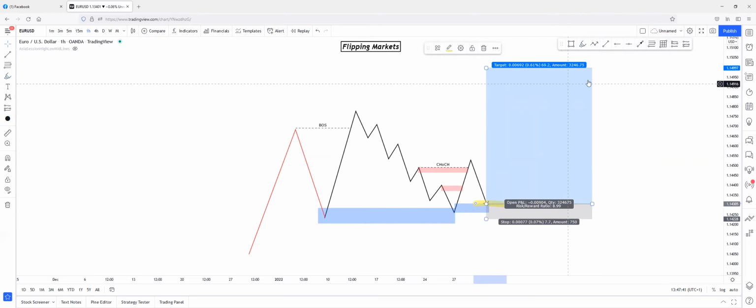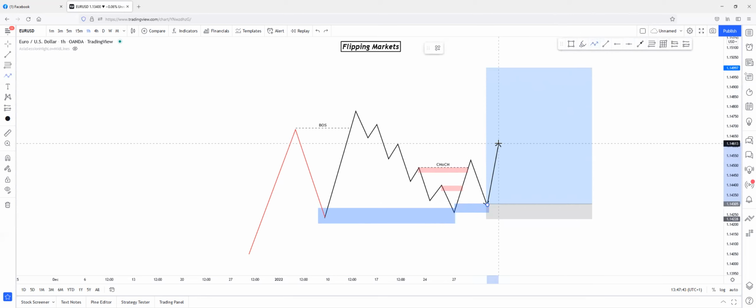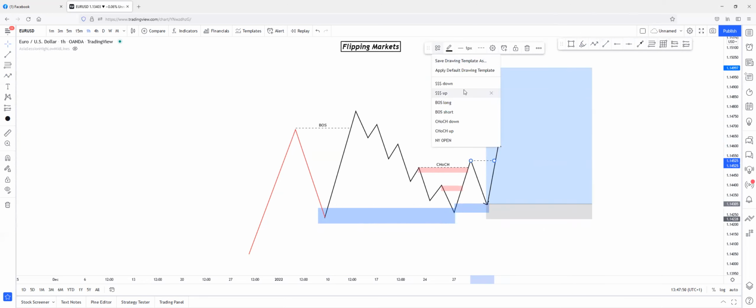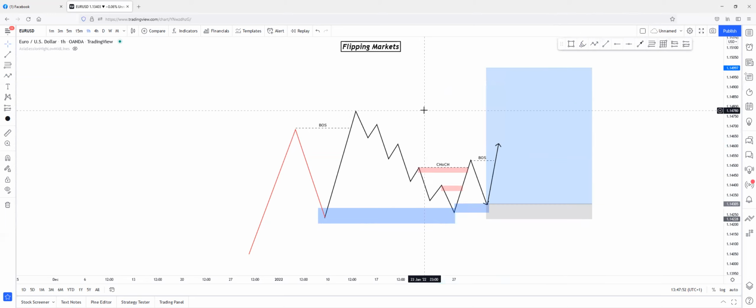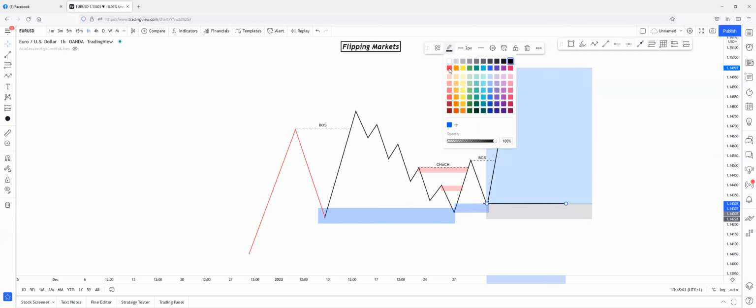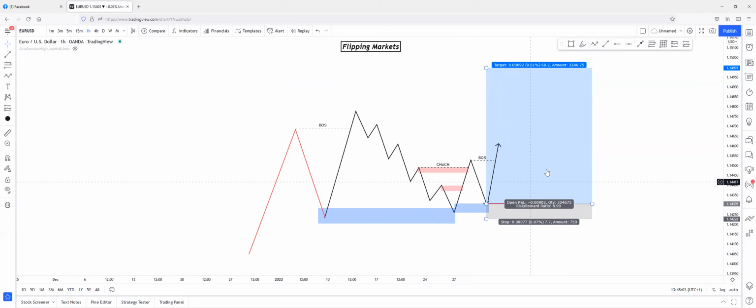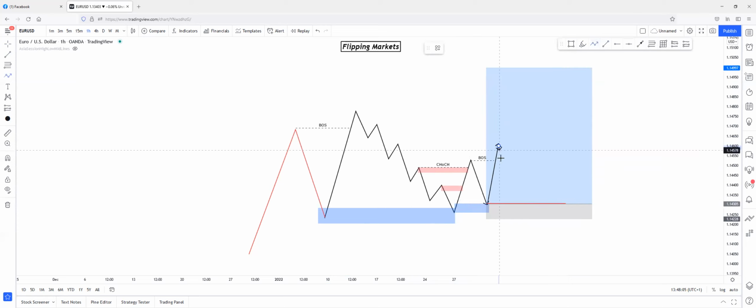And if price starts to move up and breaks through the last structural high, which is this one, so it creates a break of structure to the upside, we will put our stop loss at break even. So as you can see, price broke structure to the upside. We will place our stop loss on the break-even level. So this level, I will just mark it with a red line. So the red is the stop loss level. Okay, let's say price creates a pullback. And after the pullback, if it hits the break-even level, we will get taken out of the trade with no profit